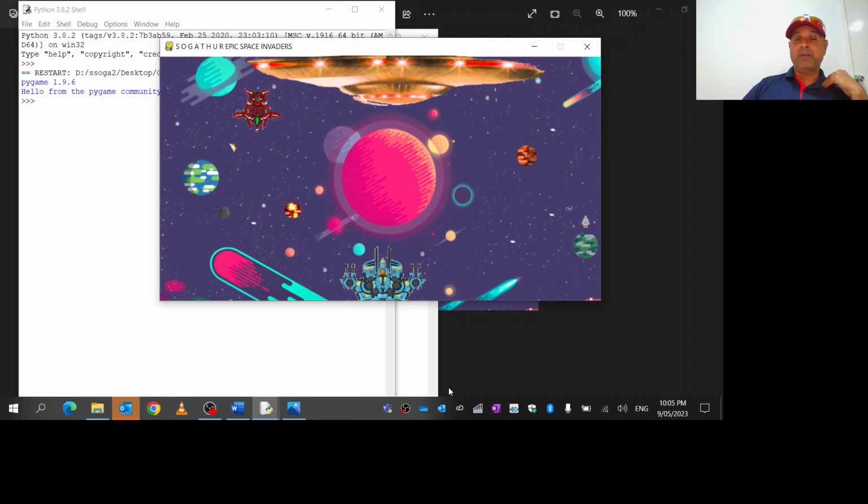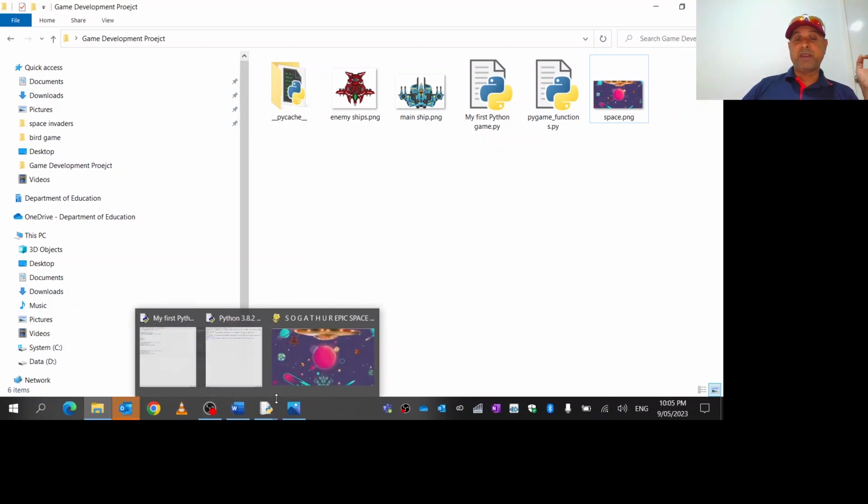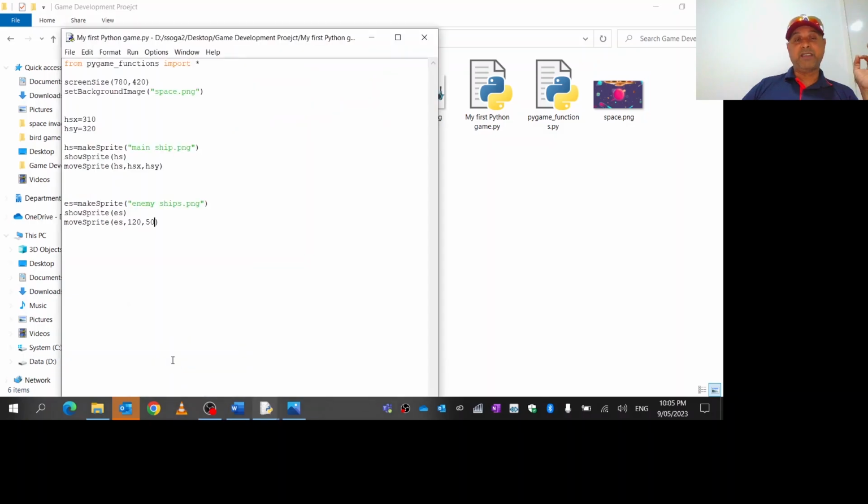But then, if you go back into the folder, you only have 1 enemy ship. This is where our variable naming comes really handy. Look at that. This is where we're going to call that enemy sprite 1. Okay, I'll call this enemy sprite 1 and enemy sprite 1. Again, for enemy sprite 1, the x coordinate is 120. We'll leave the y coordinate as 50, right? So which means I'll say here